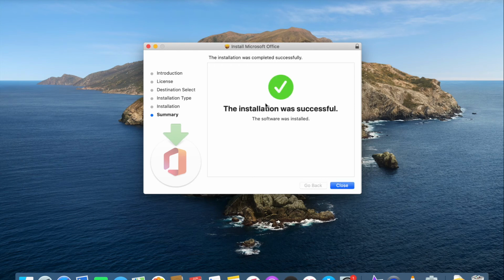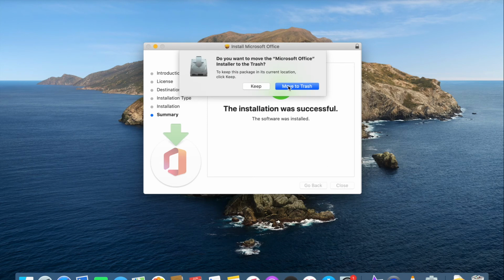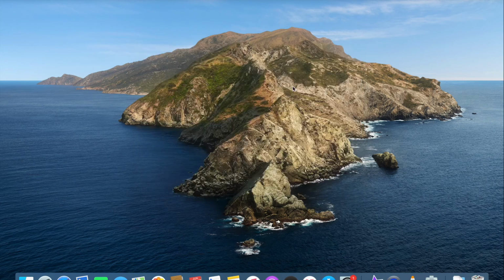And now our Office 365 is installed. Go ahead and click close. Then you can move that installer to the trash. You won't need it again. Okay, then to test it,